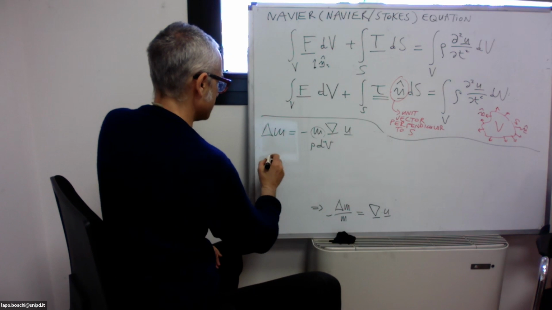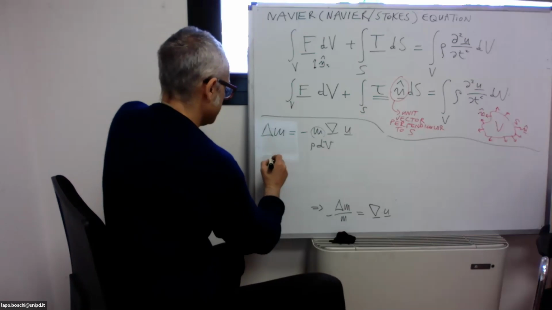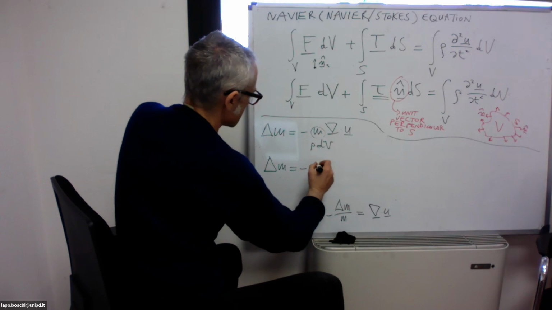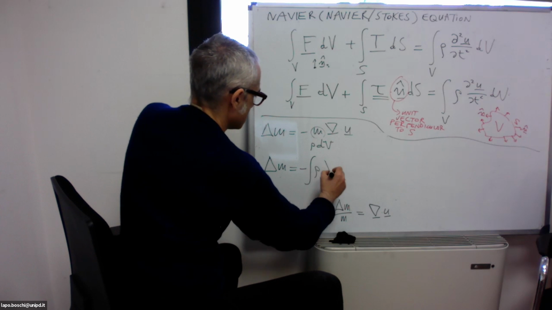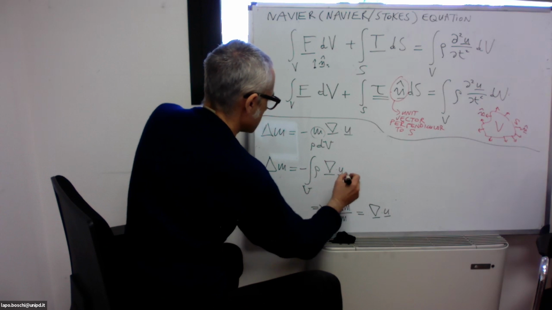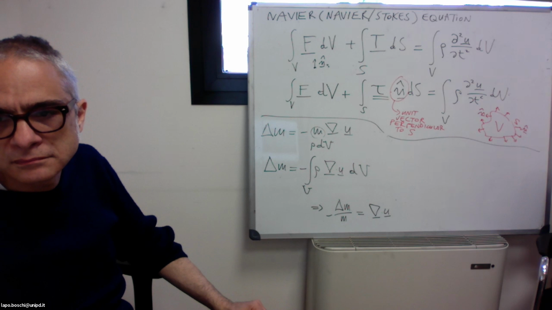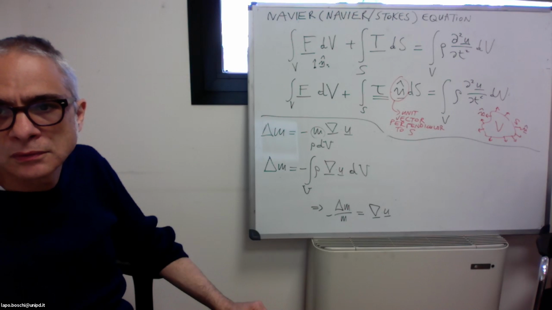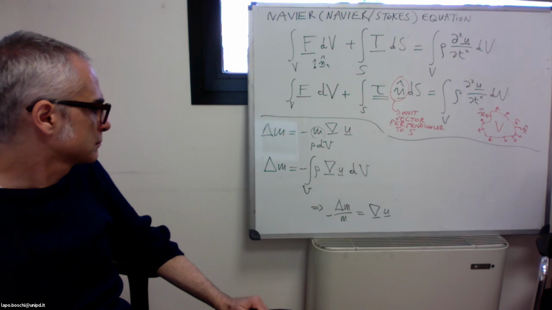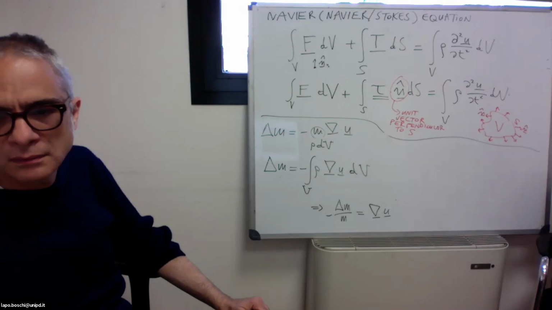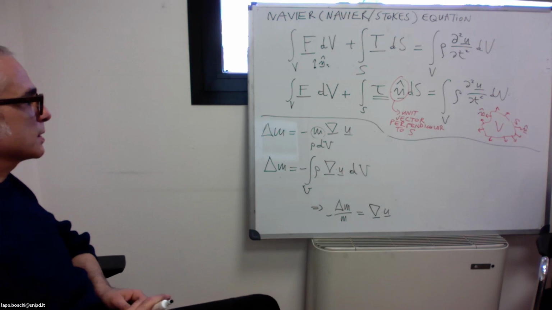So then the total change in mass coincides with the sum of rho, or the integral over the whole volume in question, times dV. And basically what we have,